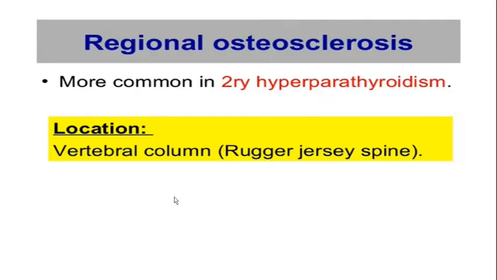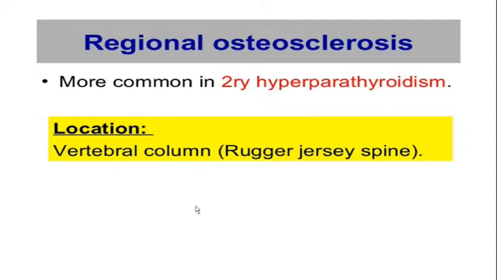Osteopenia and osteoporosis are two terms which are used as indicative of low bone mineralization. And then there can be a regional osteosclerosis, which is more common in secondary hyperparathyroidism, and especially it's seen on the vertebral column, where it will simulate something called a rugger-jersey spine.